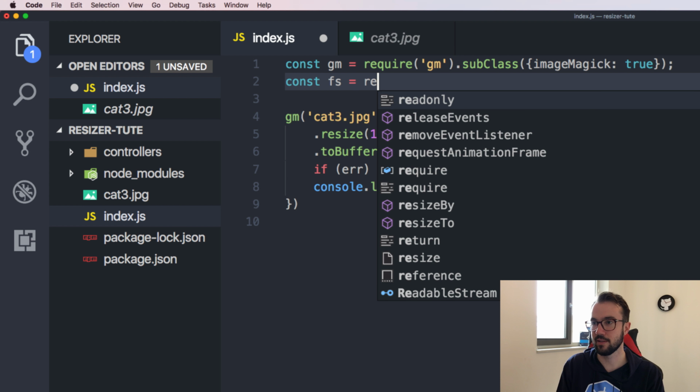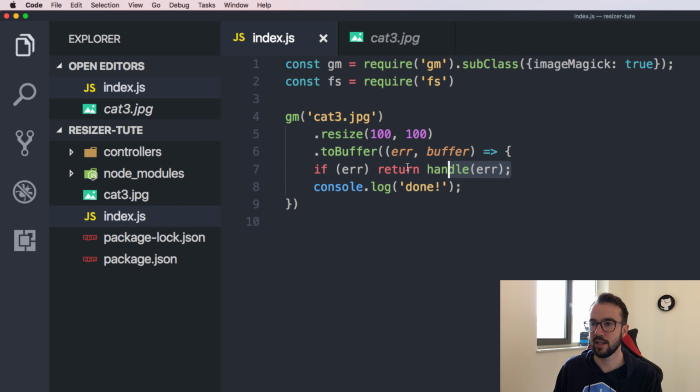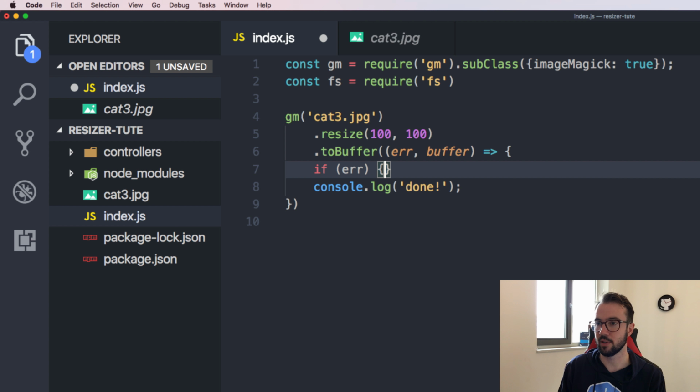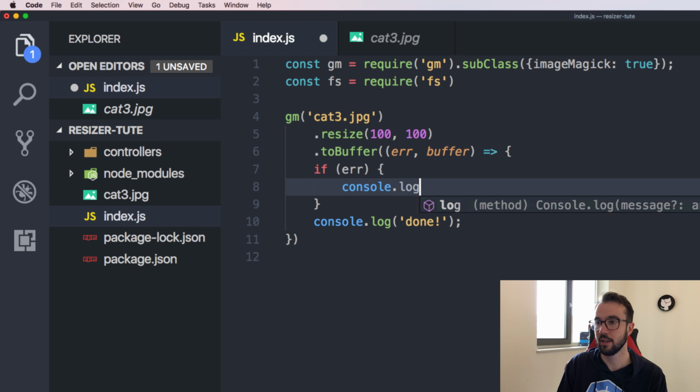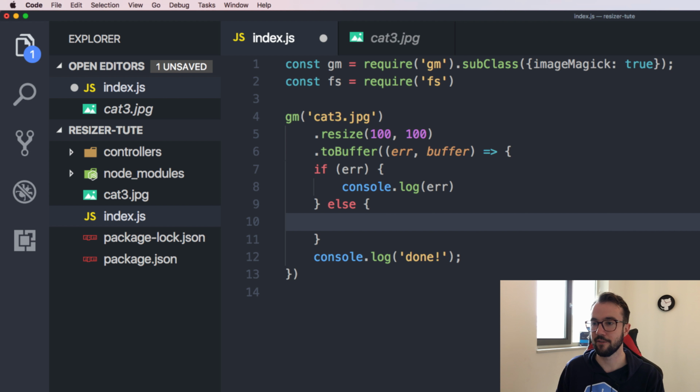FS is a module that we can use to interact with the file system. So I'm going to call this FS here, and if there's an error, we'll just console.log this error. So console.log error. And else, what we'll do is we'll call the file system module, we'll just say